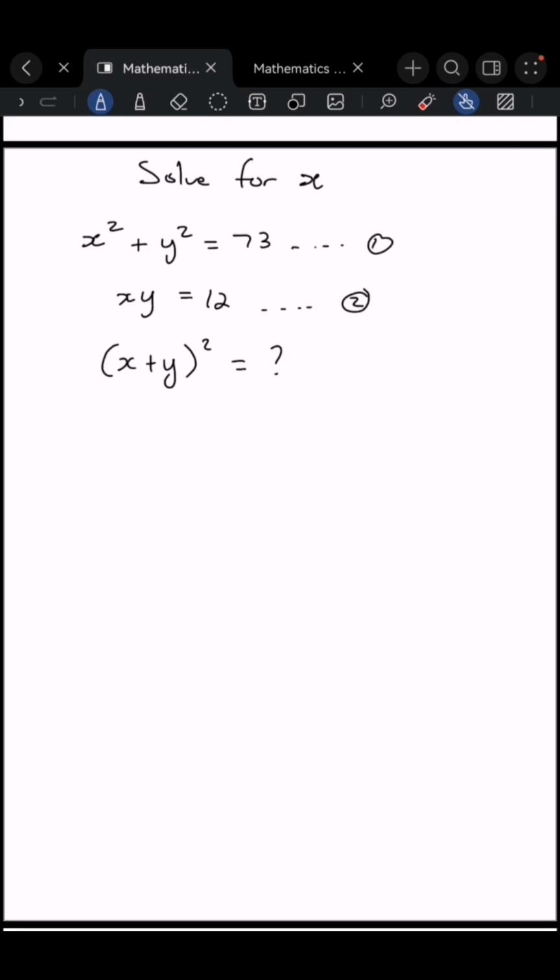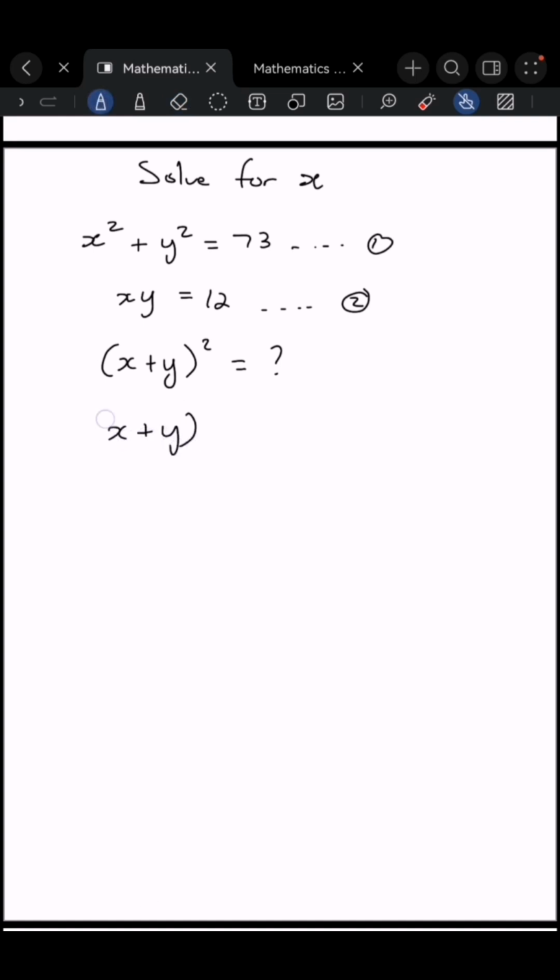That's our answer. Alright, so for x, determine and evaluate the value of (x plus y) squared. Okay, cool. (x plus y) squared. The long way would be to find x and find y. The short way would be to understand that (x plus y) squared